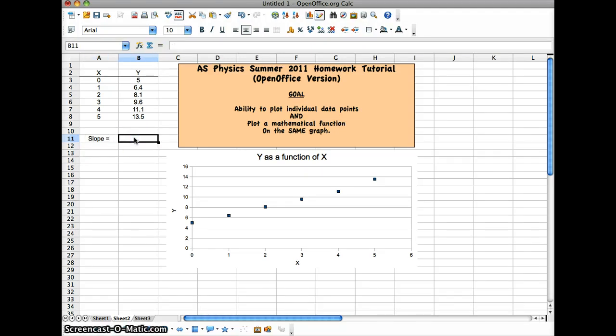So to calculate it, we do the equal sign, and now we're going to do the rise over the run. So we need the rise, and it looks like this last point here is not quite as on the line as these other ones. So let's just go with this point here, 4. So the rise is going to be 11.1 minus 5. So that's the difference in the y's, and then we're going to divide that by the difference in the x's, and that would be 4 minus 0, like that. Okay, and that tells us that the slope of this apparent line that these things fit is about 1.53,